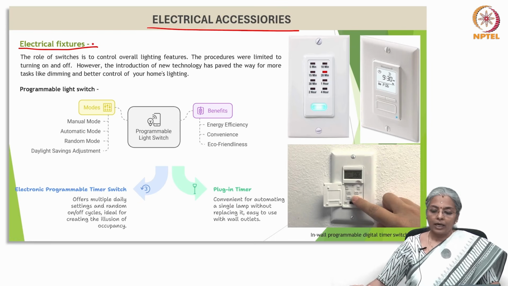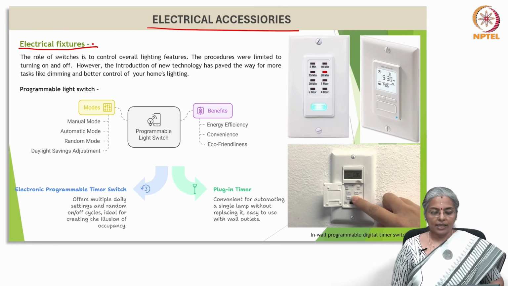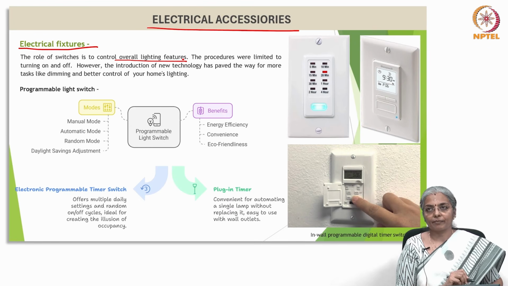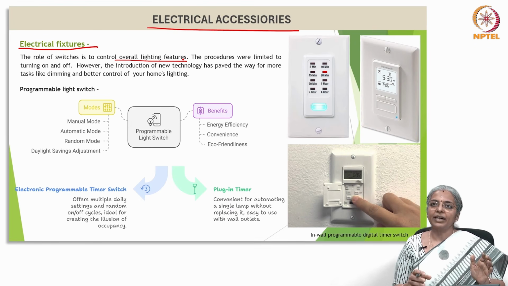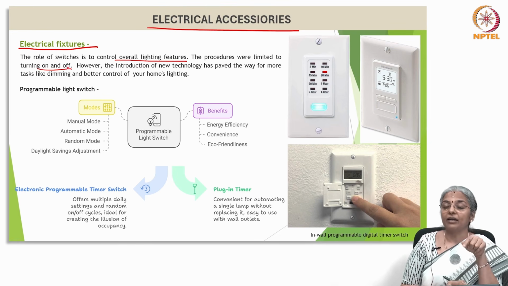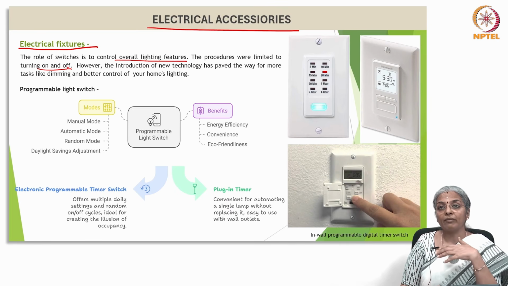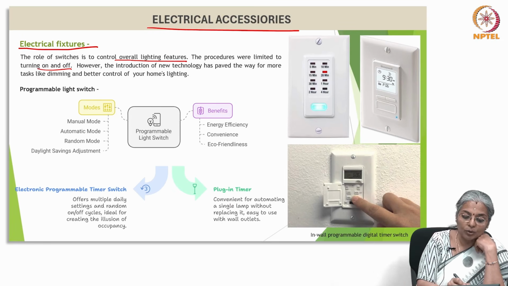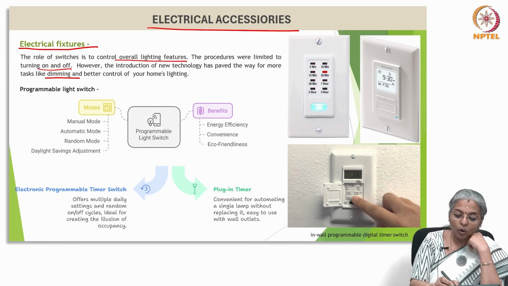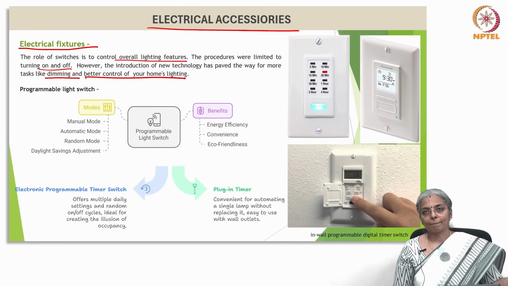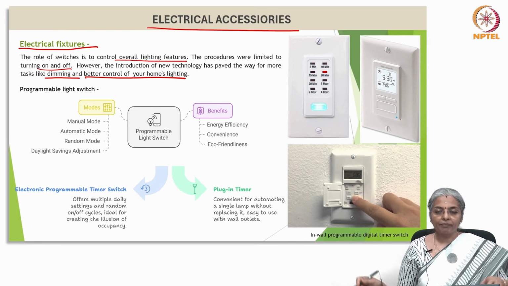Now, the role of switches is to control overall lighting features. The procedures are limited to turning it on and off, but we can introduce new technology and this can pave way for more tasks, such as we will be able to dim the light and also have better control of the home's lighting. First, we will see the